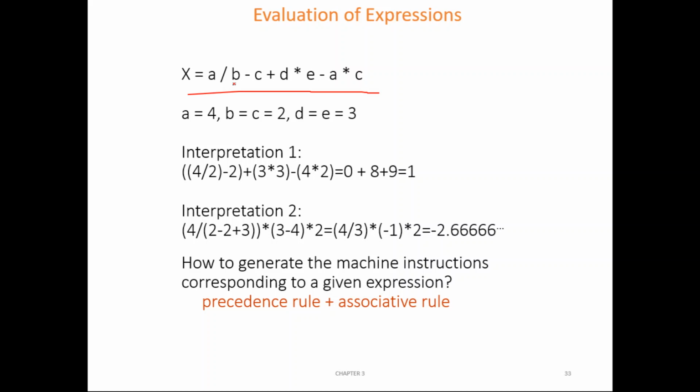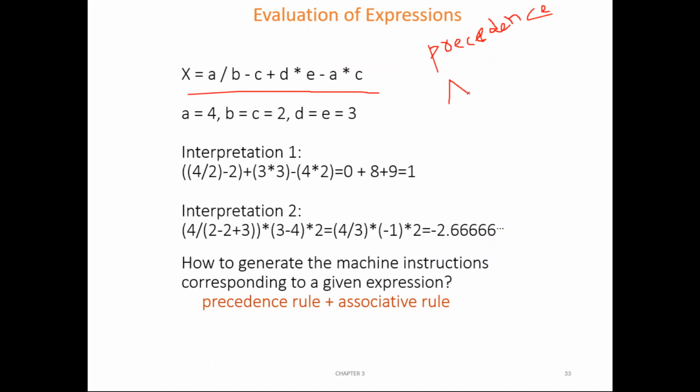So this will be decided by the compiler, and there is a mechanism, a standard procedure, to decide in what order it will be executed. There are two important things when an evaluation is getting executed. One is precedence, the other one is associativity. So what is precedence and what is associativity?